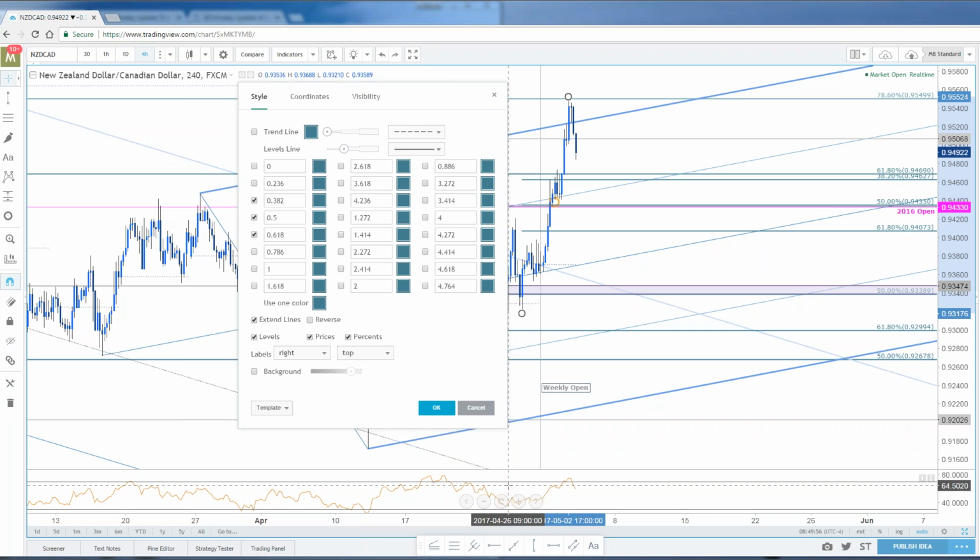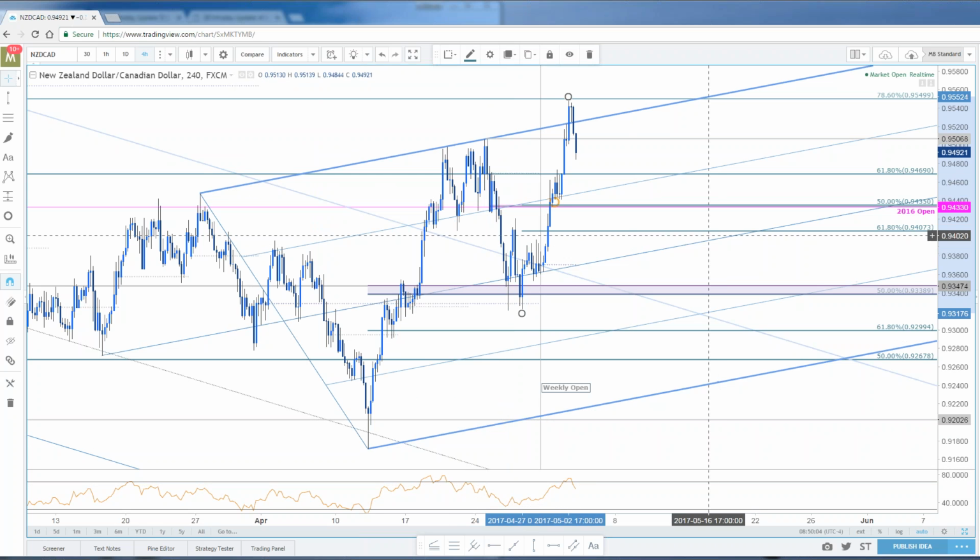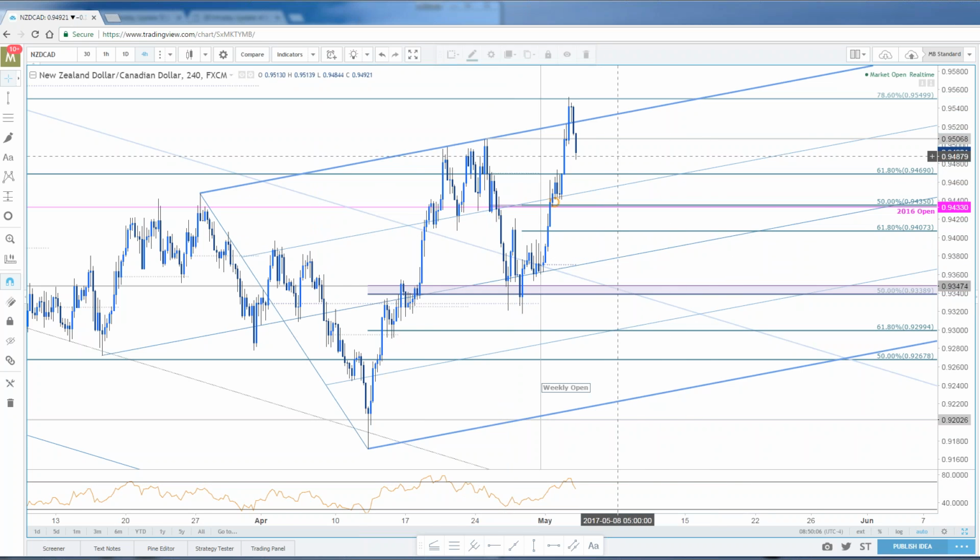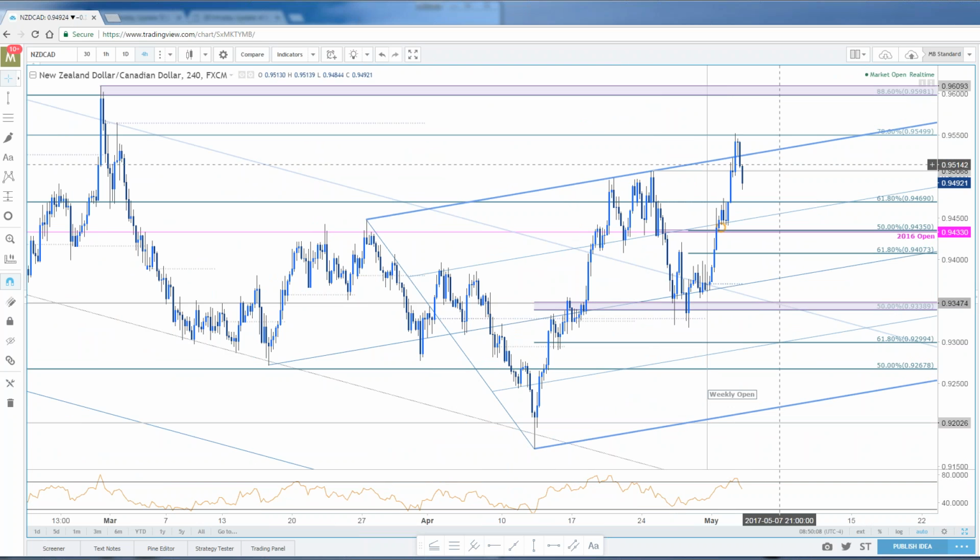So levels are pretty clear as far as the near term here on Kiwi CAD. I'll leave that retracement on there actually, just clean that up a bit. There we go. I'm not looking for full-on failure just yet because I do think that dollar CAD possibly has further upside to go like we talked about. That would be CAD weakness. So CAD weakness, Kiwi weakness might show a little bit more of chop sideways action,